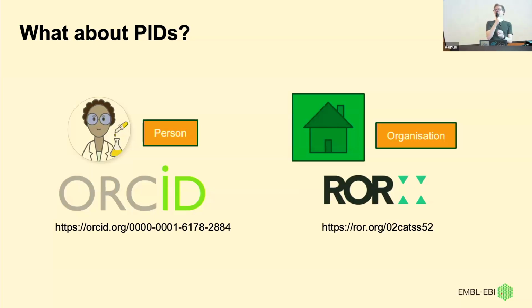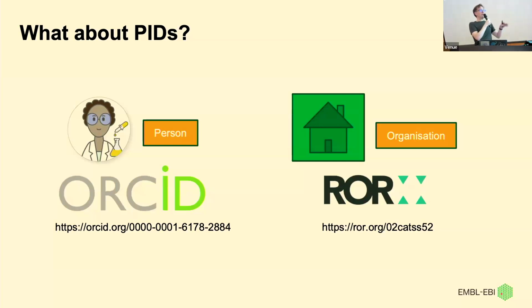My organization has changed over the years and will change in future, so that will change. ORCID provides a unique reference. This is my ORCID identifier that is always me. And that's useful for tracking within and across domains. The talk on Wednesday, I think from Maria from DataCite, was talking about the Research Organization Registry, and that's a way to uniquely identify organizations. So this is a unique identifier for EMBL-EBI.